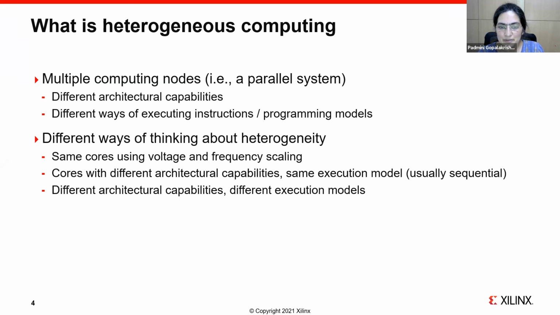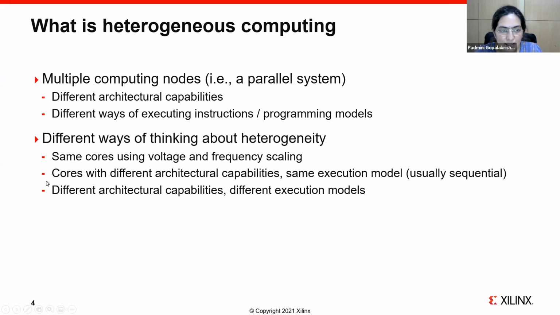So basically we use some of these concepts even in modern day laptops, for example, or very large systems. So basically if the load on a system is lower, you can trade off on performance versus power. Maybe you don't need that much performance. So you trade off on power by reducing the frequency at which it runs, sometimes reduce the voltage at which it runs, right? And so that is one kind of heterogeneity. This is a little different from what we're looking at in this course, but it is still heterogeneous in the sense that the cores are architecturally the same, but physically the way they run is different.